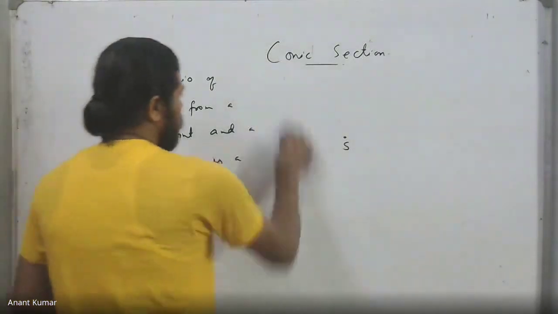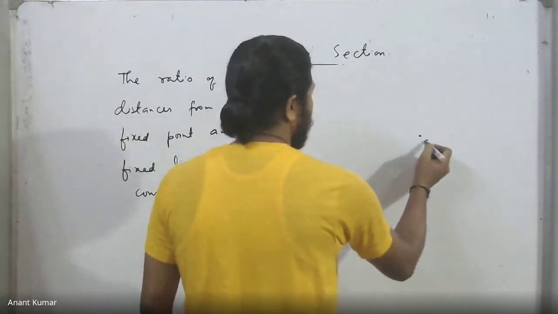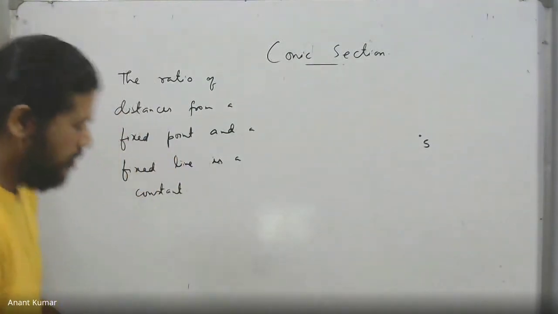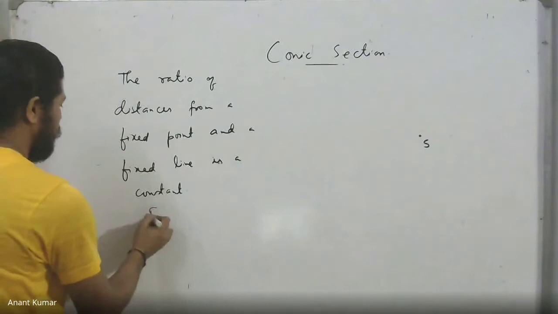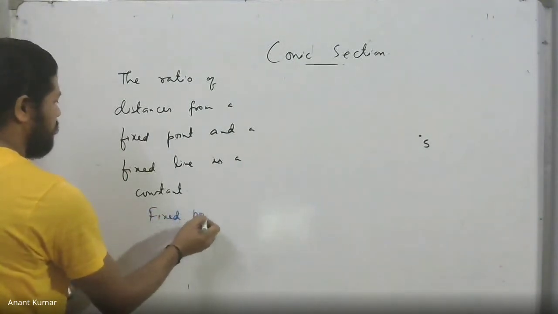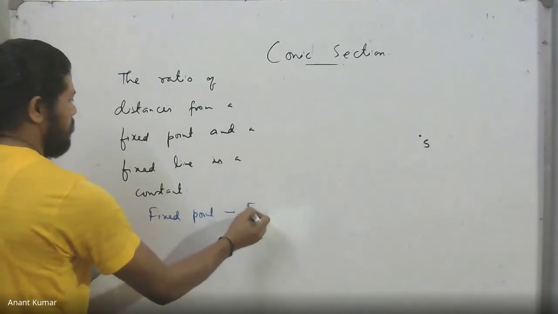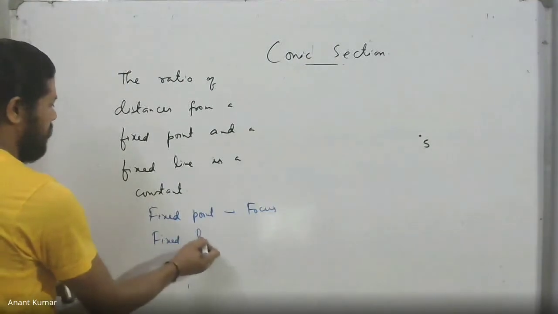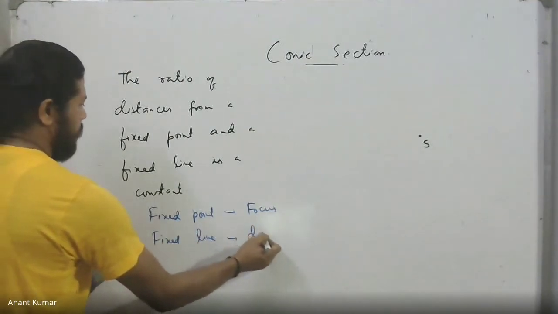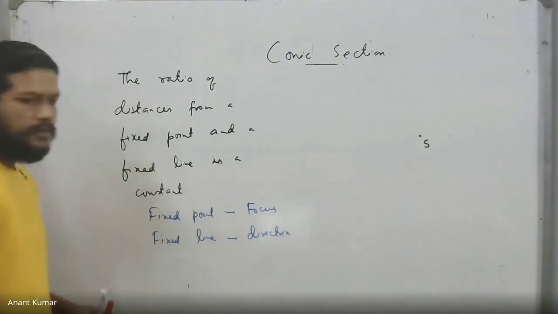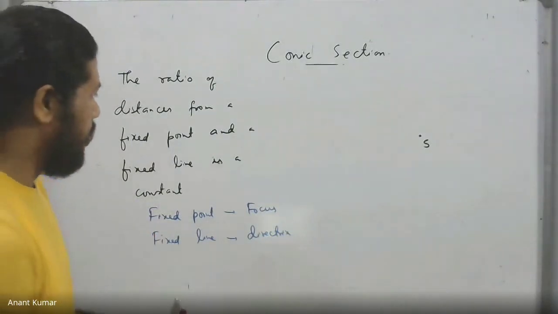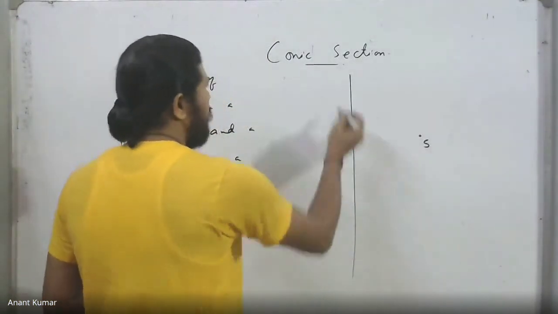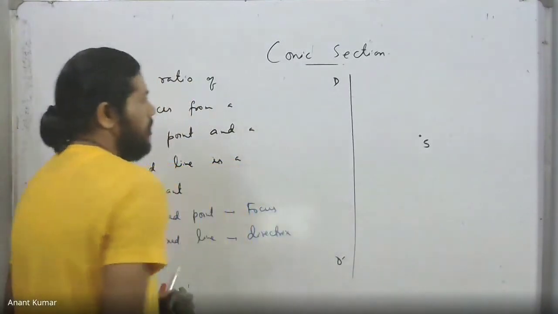If we take this as a fixed point, the fixed point is usually called a focus, while the fixed line is a directrix. If I take in this case the fixed point as S and the fixed line, which I'm calling a directrix, as DD prime, for example,